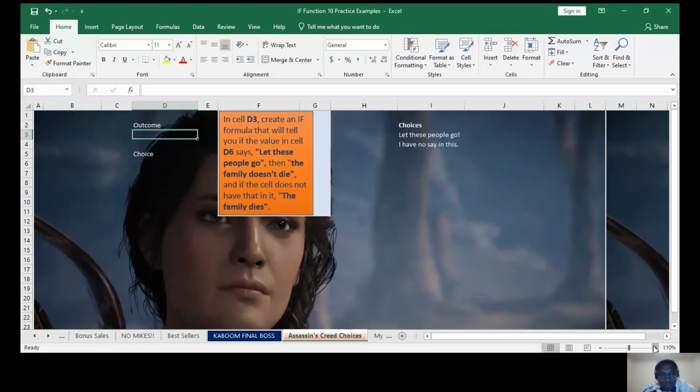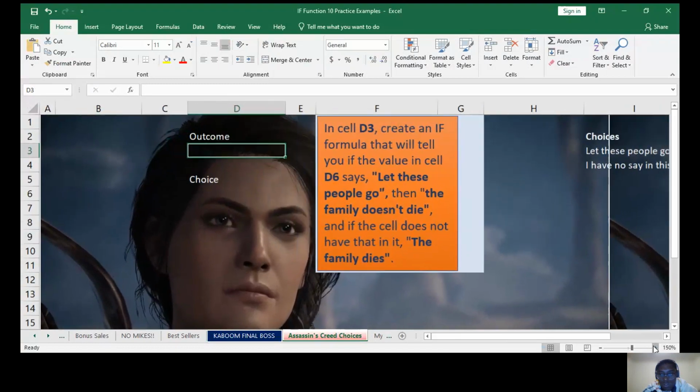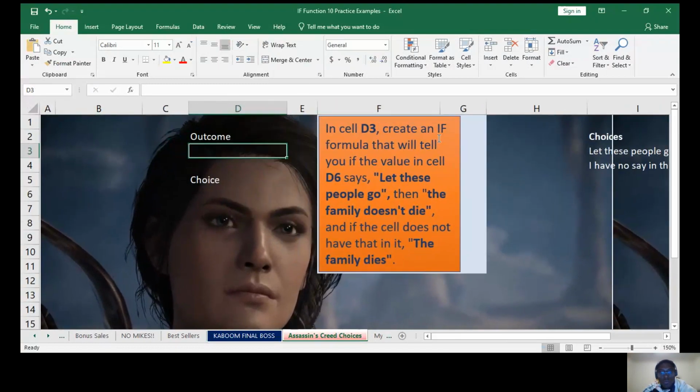So here we want to insert D3, which is this one, to create a new function that will tell you if the value in cell D6 says "let these people go," then the family doesn't die, and if the cell does not have that in it, displays "the family dies." So this is basically a binary choice in video games. So in the video games, right here, a function, if cell D6,